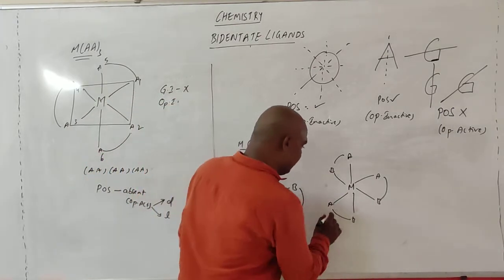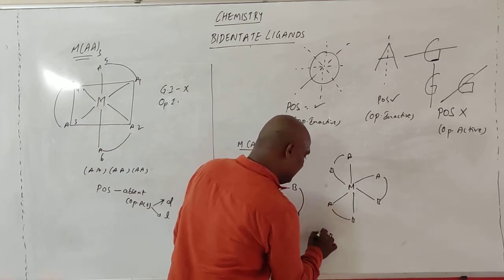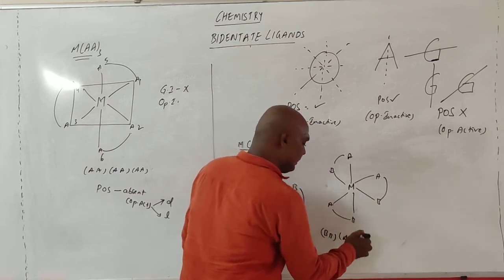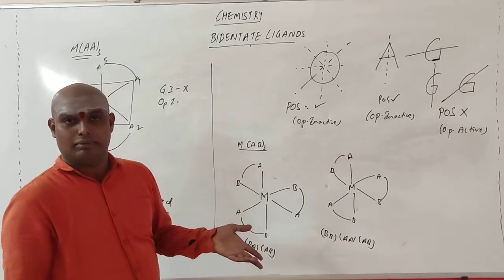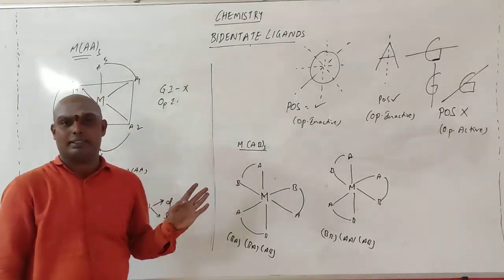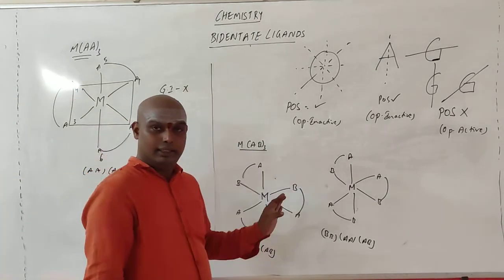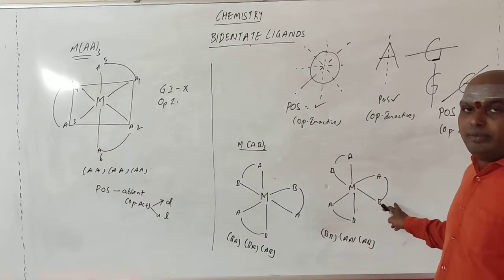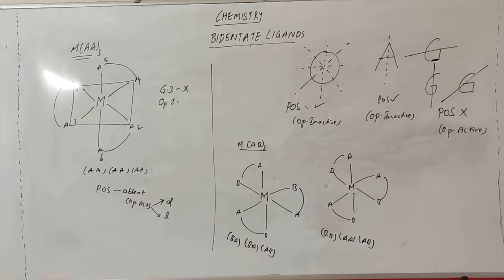Go for this one set. See, BB you are getting. Next, AA, next one is A. Try one more structure. Definitely you will be getting the same things. You will not be getting a different one. Okay? Getting me? Right. This is the way of representation of the molecule. Okay? Let me stop here once.